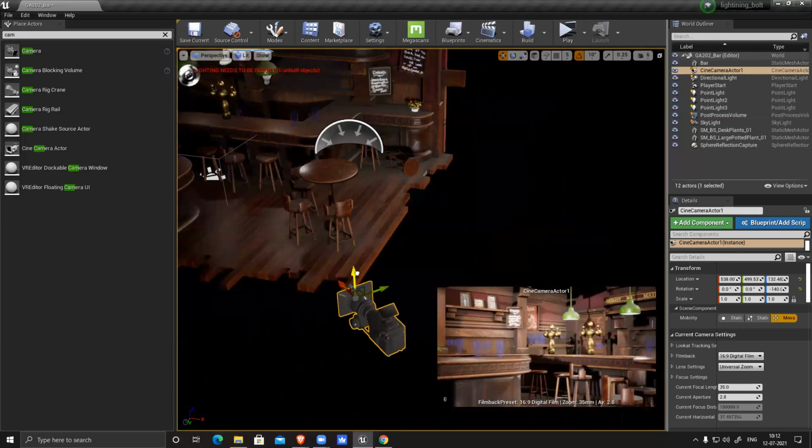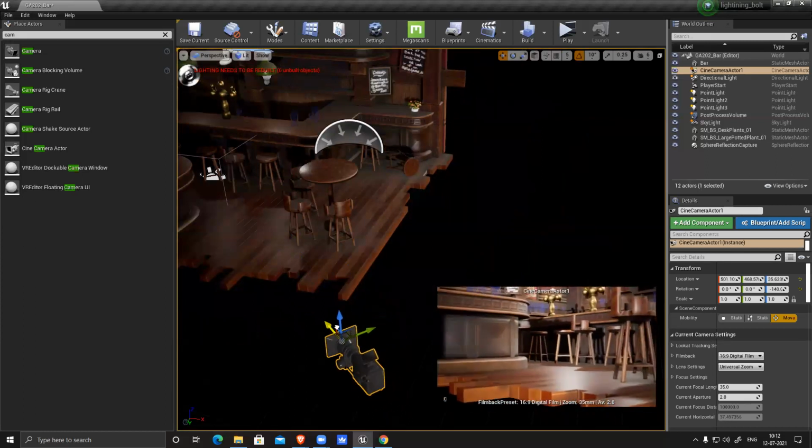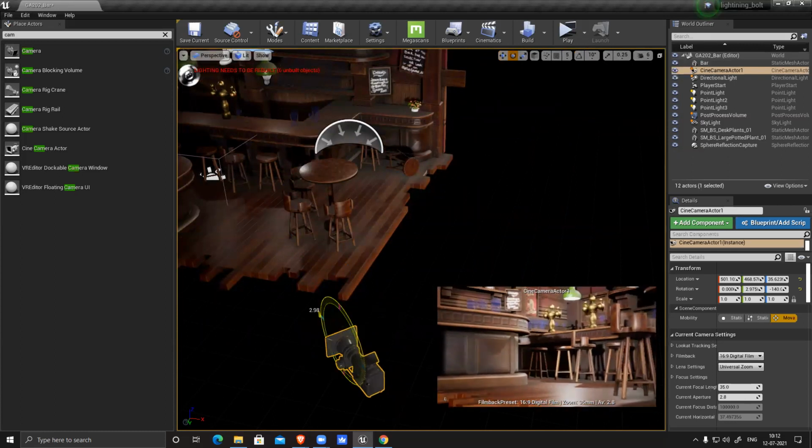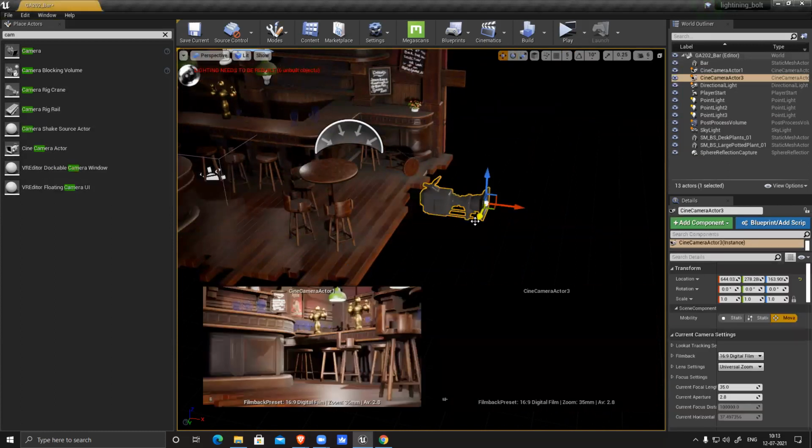So once you bake it, the angle and rotation should be fine. So place the camera. Suppose I want 2-3 cameras. I can have 2-3 cameras in my scene also. Let's see, Cine Camera, one more here.